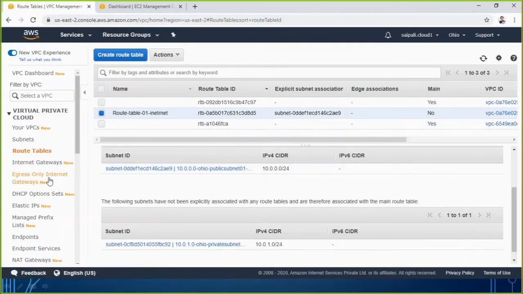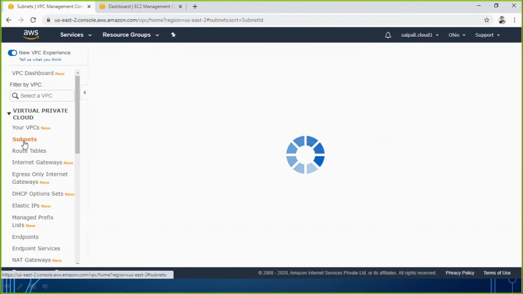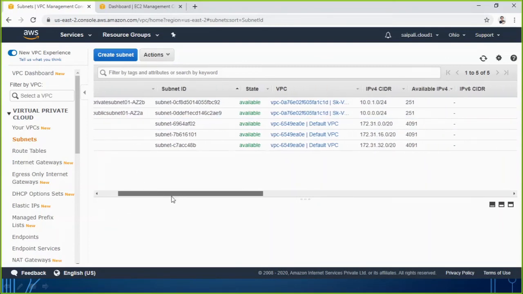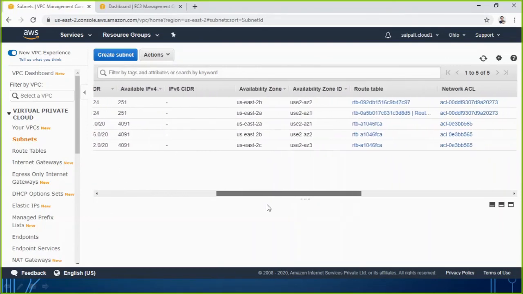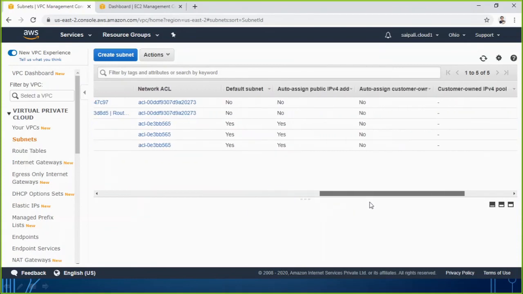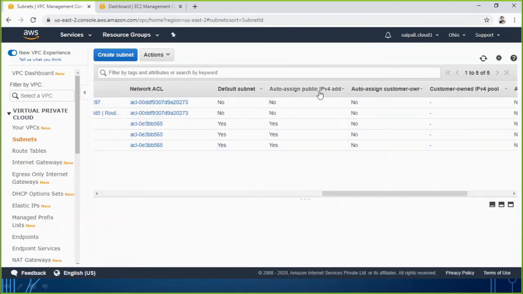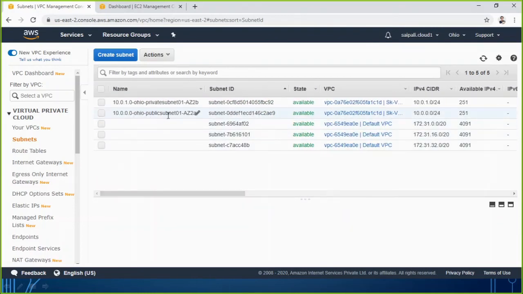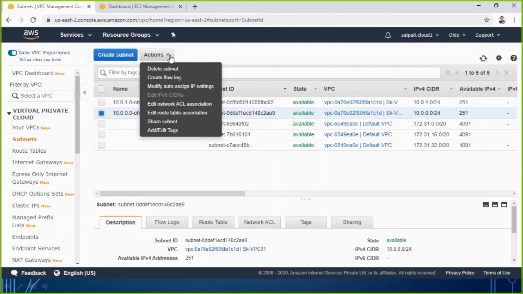so now we go back to the subnets again, just to verify and check that these are the two subnets we have created. Out of these two, if we scroll a bit to the right side, you will see the option: auto-assign public IPv4 address, yes or no. Right now it is telling me no. So this is one more change I need to perform here, because for the subnet which is going to be public, I have to make sure that it can get an auto-assigned IP address.